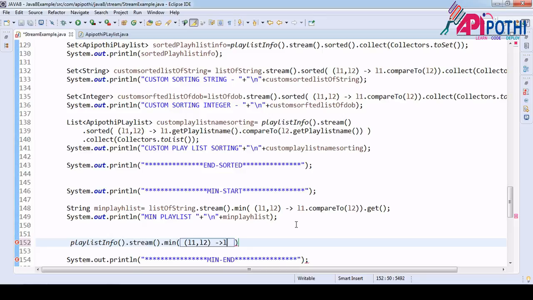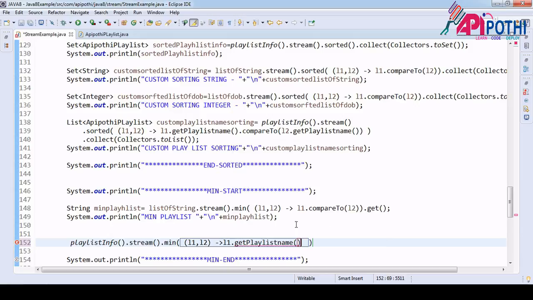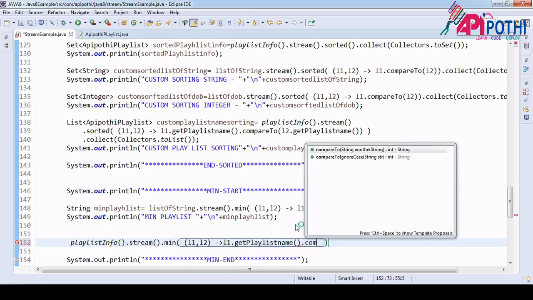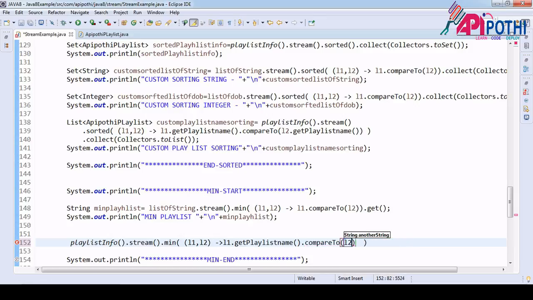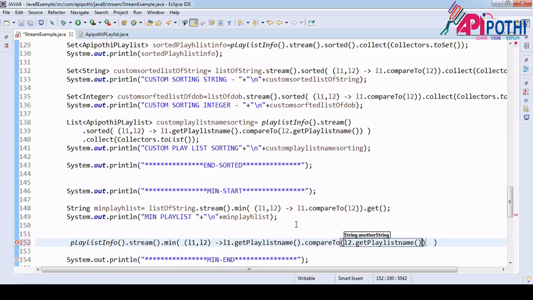Okay, so L1 dot get playlist name, dot compare to L2 dot get playlist name, and since it is returning only one data, then I need the get. That's all.